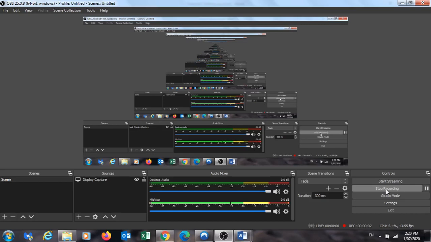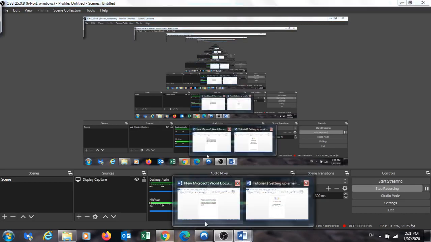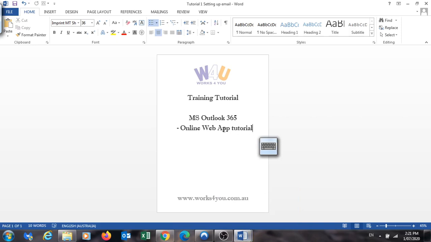Hi everybody, today we're going to be looking at Microsoft Outlook, the online 365 version, for those that are using this particular version as opposed to the full function desktop version of Microsoft Office, which incorporates Microsoft Outlook. What you need to be aware of in this version of Outlook is it's actually designed to be used on